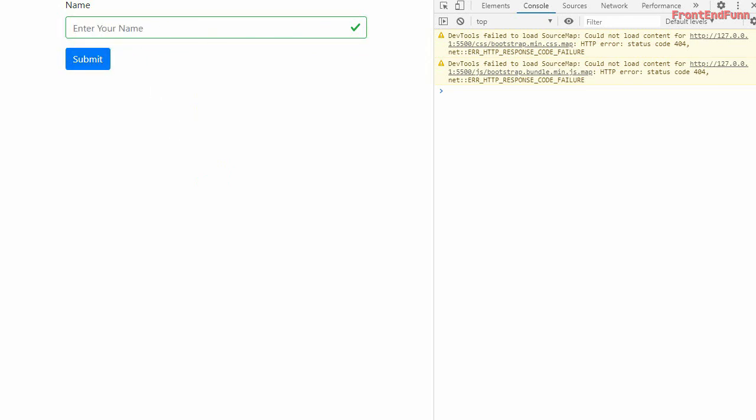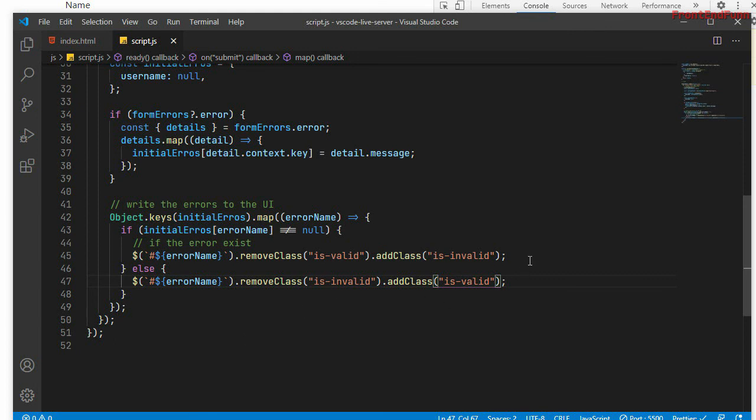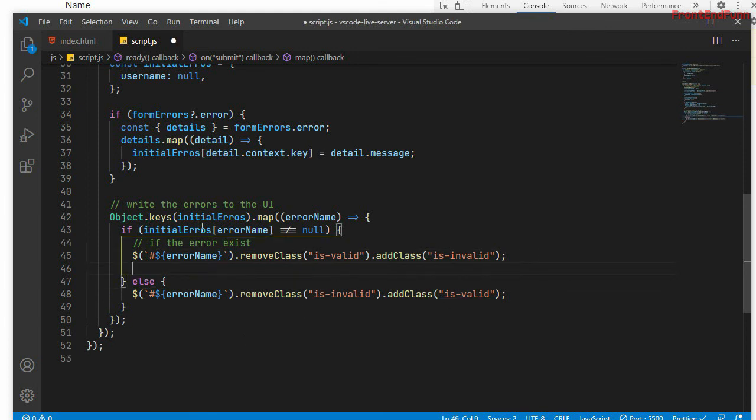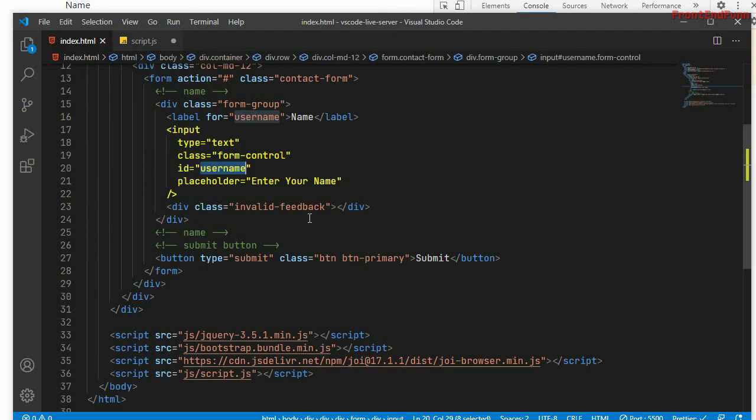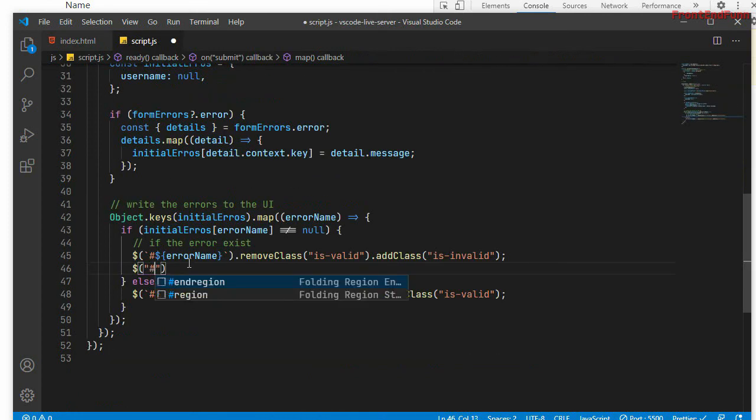Next thing is we need to display the error message to the user. So inside this, if the error exists, then we need to show the error. So we are having the invalid feedback next to the input here. Okay, hash dollar error name will be a key, that is error name will be username. So I need to use backticks here.